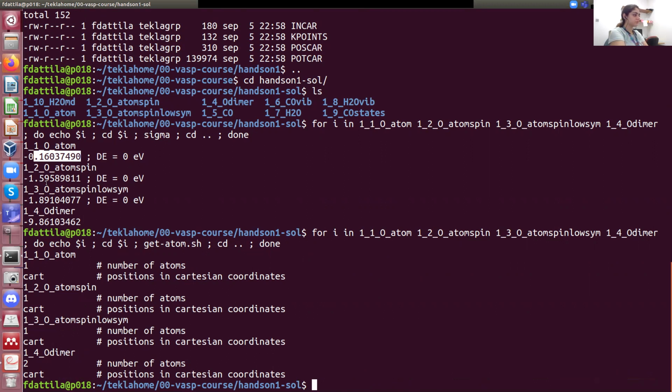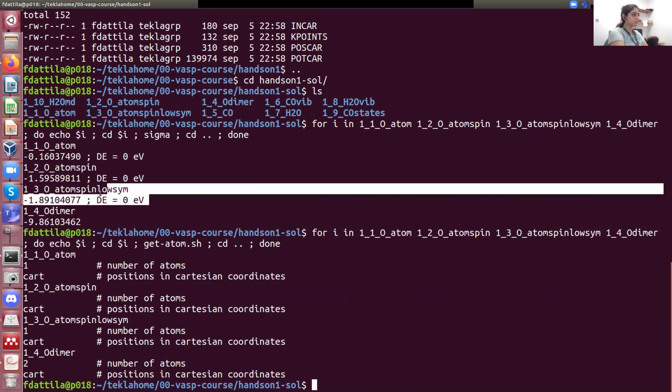So that means that you are changing completely your electronic structure. And usually when you go down in energy, it means that your new system is more stable than the previous one. So that basically tells you that when you're using oxygen, you should include spin. And that is something that we would expect, at least when the oxygen is alone, from experiments.